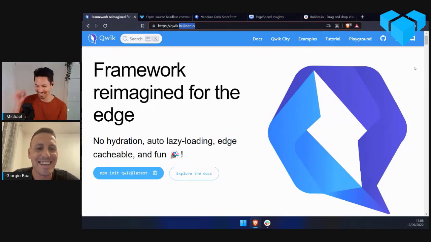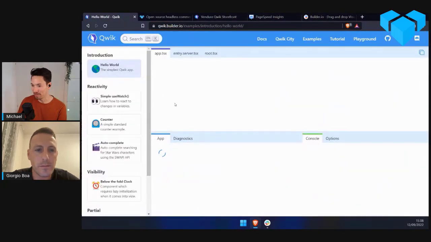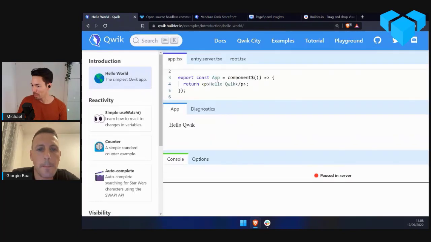Yeah. Aptly named. Okay. Let's see what we can look at. So there are some examples maybe that give us an idea of what's going on here. We can see what a component looks like.